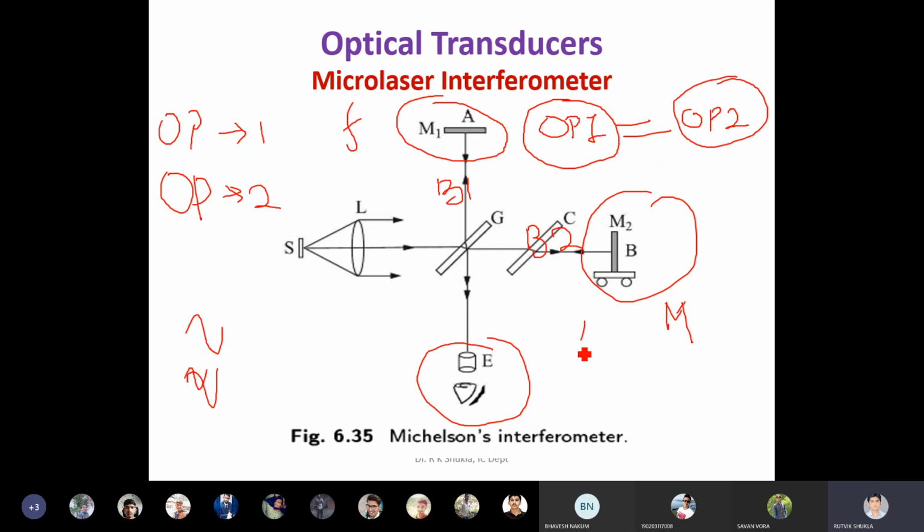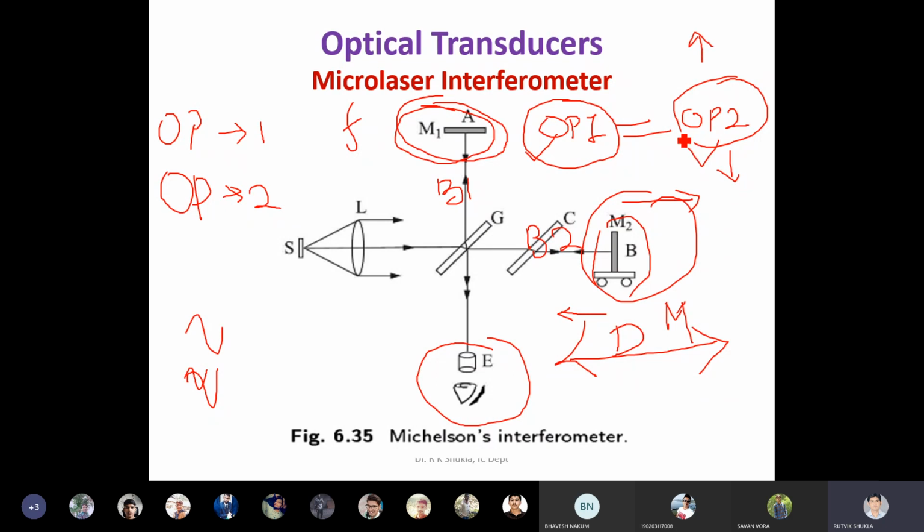Now the displacement, ultimately we are using it for displacement. So whenever we talk about the displacement, D is the displacement of the movable mirror with respect to the position M1. Or the movement of M2 with respect to the fixed mirror, with respect to M1, you have to move M2. Now suppose we take M2 to this side. Suppose if I take M2 on this side, it means optical path 1 remains the same, but optical path 2 becomes lesser. This becomes less. Suppose if I move the mirror to this side, OP1 remains constant, but optical path 2 will increase.